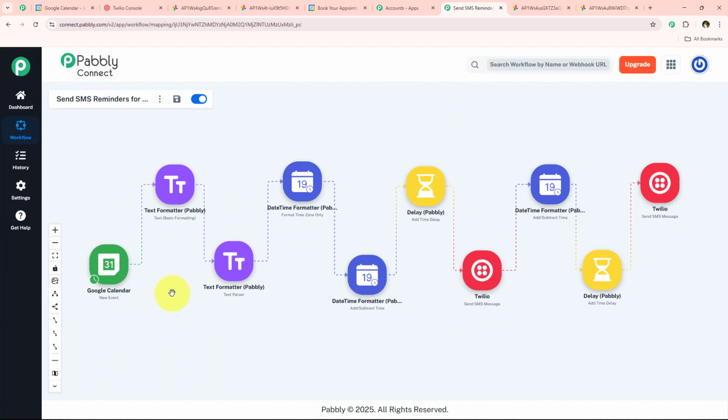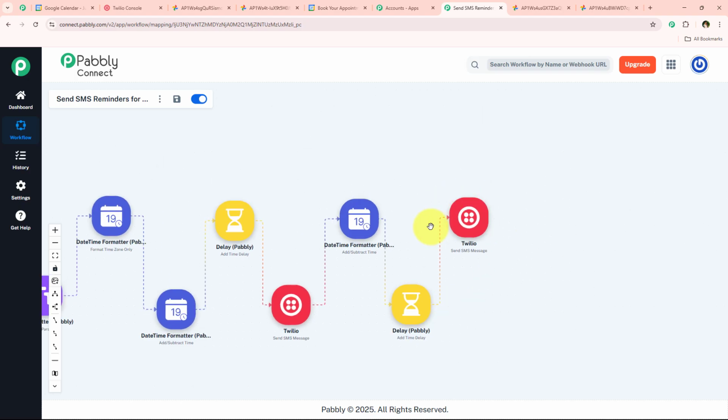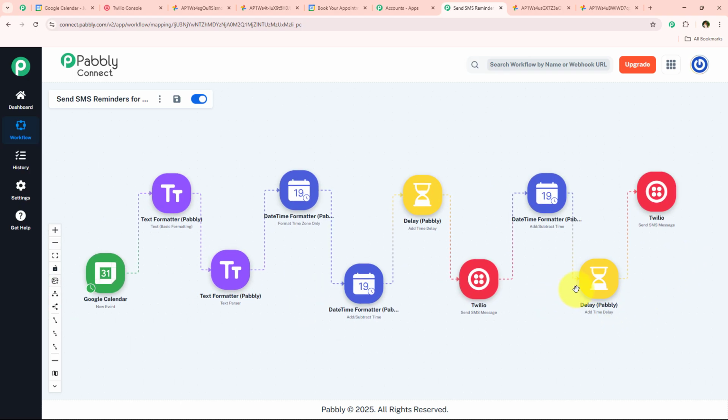Now what is going to happen is that whenever we receive a new appointment from Google Calendar, automatically using this workflow, automated SMS reminders will be sent 1 day before the event and 1 hour before the event, so that we can reduce the no-shows. I created this automation only for 1 day before the event and 1 hour before the event, but you can create this automation for n number of days, for 2 days, 5 days, 10 days,